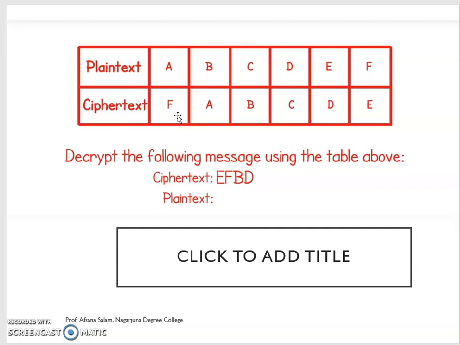This is also going to be encrypted. So we are going to decrypt this with the ciphertext. With the help of the ciphertext, this is already locked. I'm going to find out what that plain text is. So with the help of the ciphertext, E, where is E? Here. This is ciphertext E. So when I use ciphertext E, what's the plain text here? F. So I have to write F.